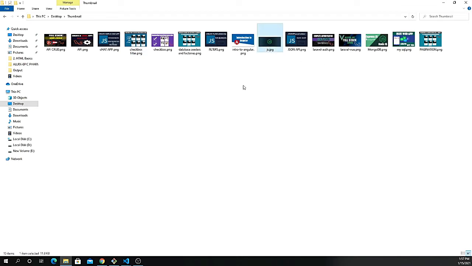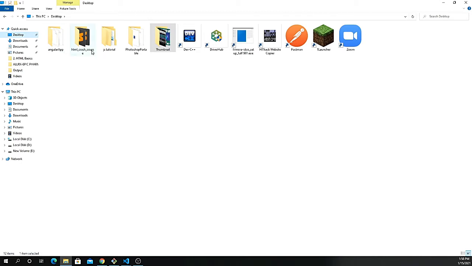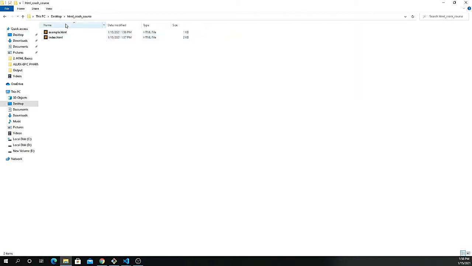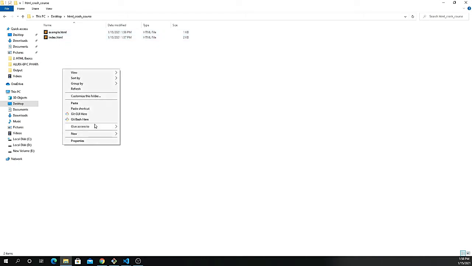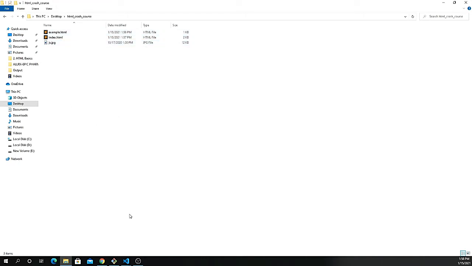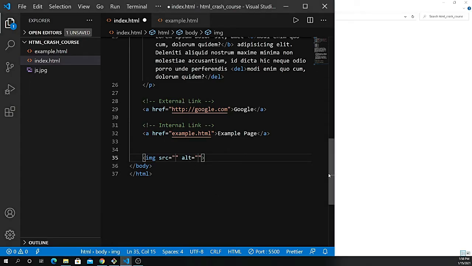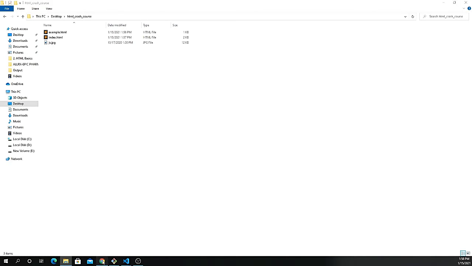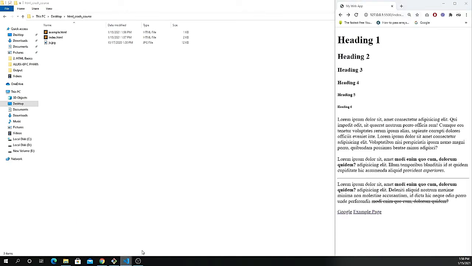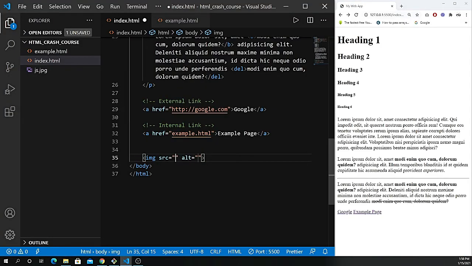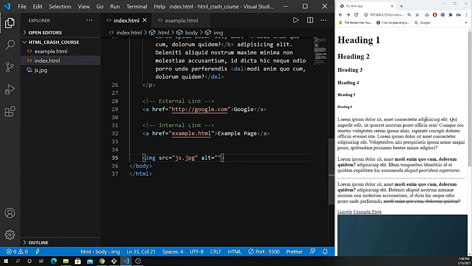So I'm going to grab this image, and let's put that into the directory you have on your desktop. Let's go here and paste it. All right, so once I have the image here, let's go inside your browser and see. Let's give it the source, which is in my root directory. I just need to give js.jpg, and if I save it, you can see now